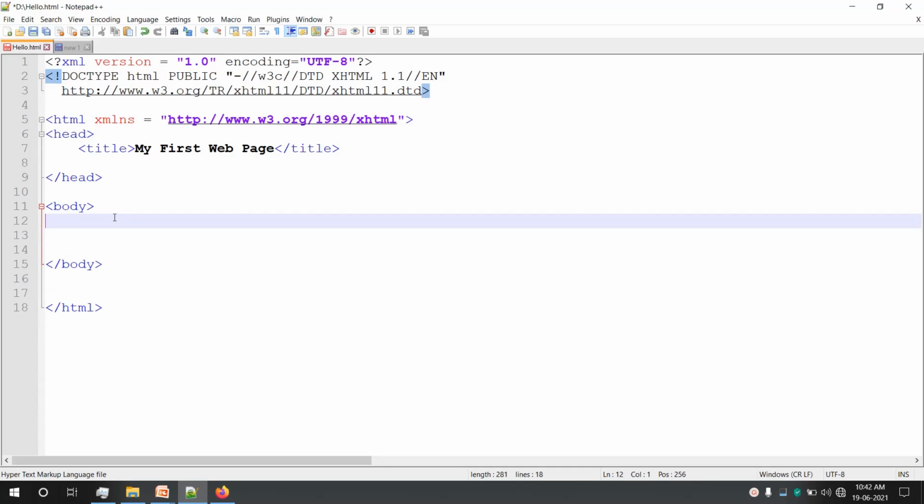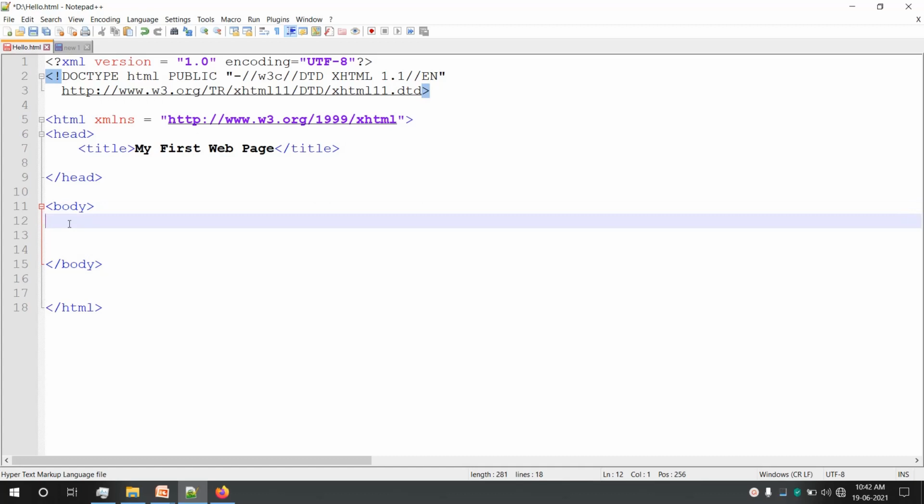Every XHTML document should have at least this much code. Whatever we want to display on the web page has to always be added inside the body tag. So we have a body tag here. Inside this body tag we have to add the content which we want to display on the web page.